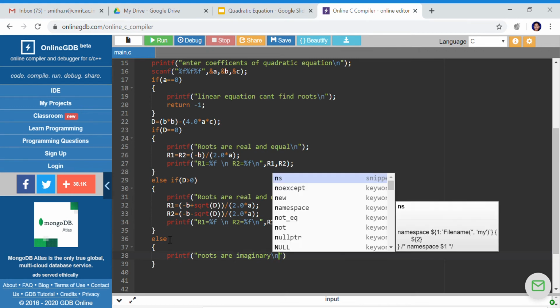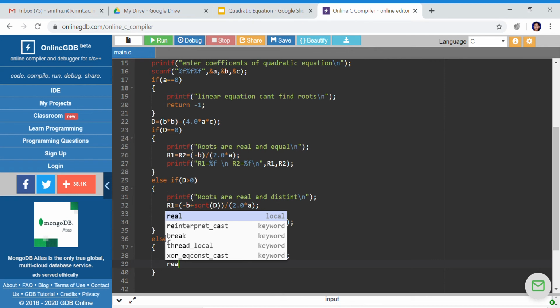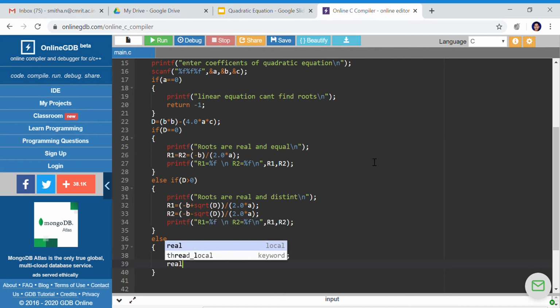Then I will compute the real part. The real part is minus b by 2 into a.